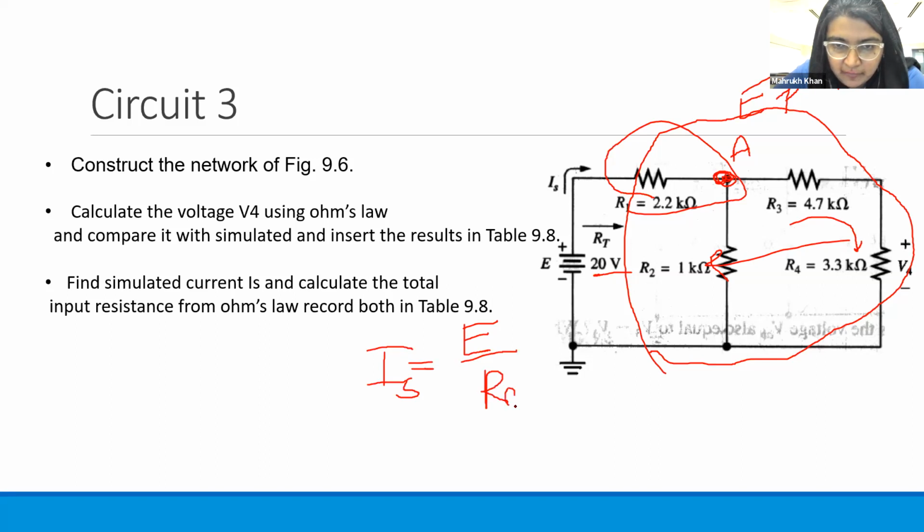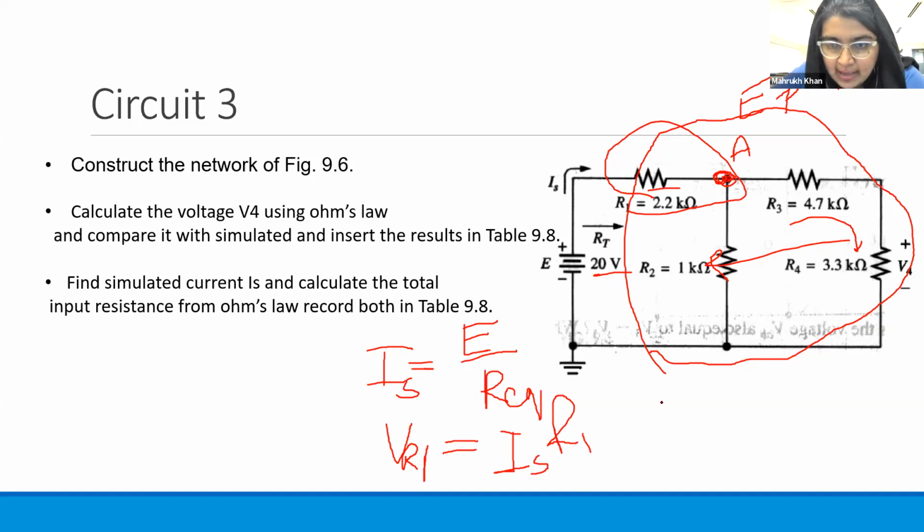E over R equivalent will give you IS. Then once you have IS, you can find out this voltage drop here, which will be VR1, which will be IS R1. Now your VA will be E minus VR1,